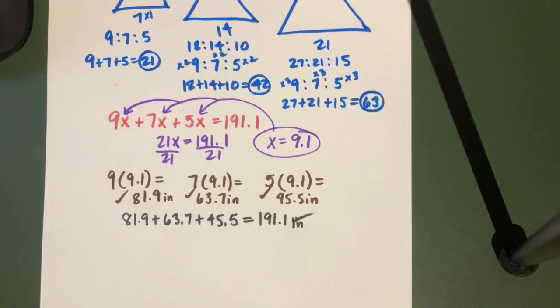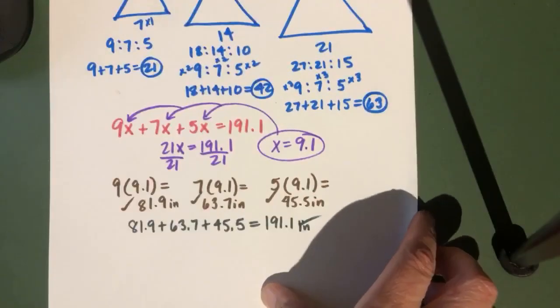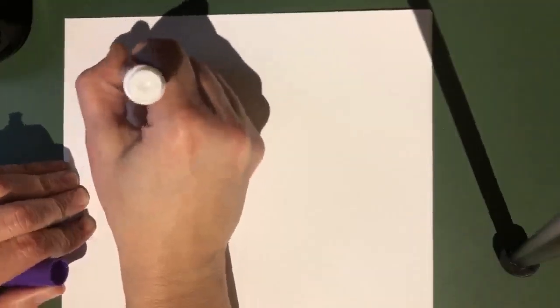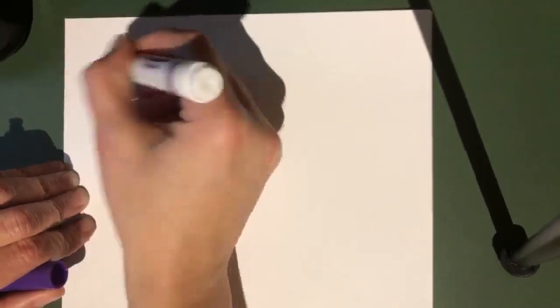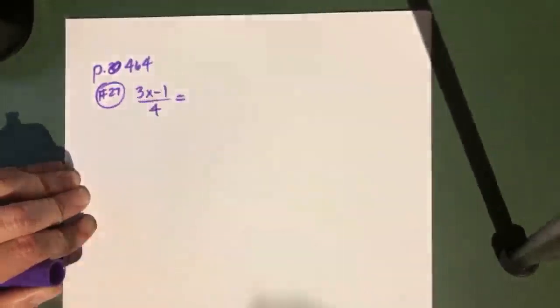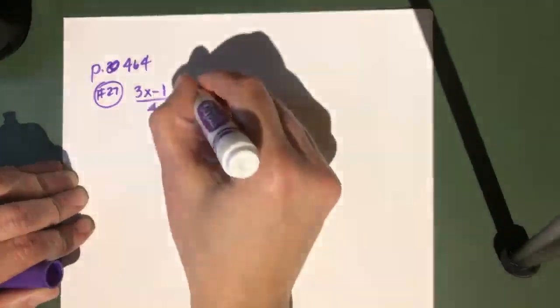So I'm going to jump over to the next page, and I'm going to do number 27. 27 is one that a lot of people are having questions on because back in middle school you were taught bat and ball. The intentions were well, you were well intentioned, but bat and ball doesn't always work. So let's look at number 27. Number 27 says, this is still on page 464. So now we're looking at number 27. Number 27 is 3x minus 1 divided by 4 equals 2x plus 4